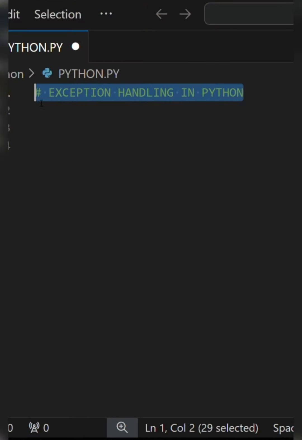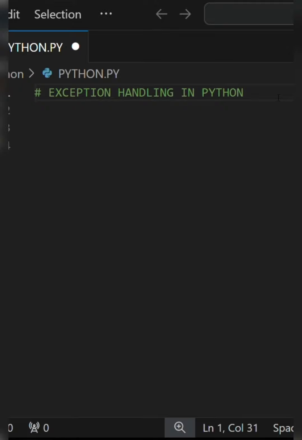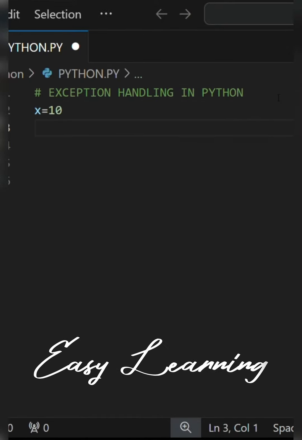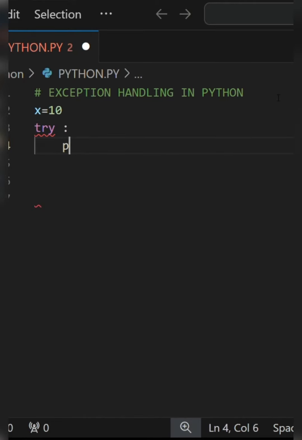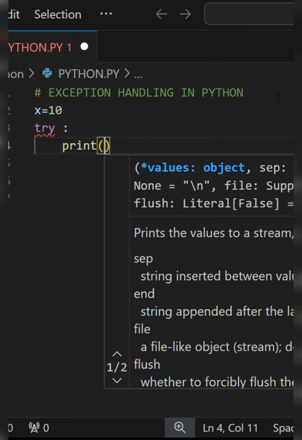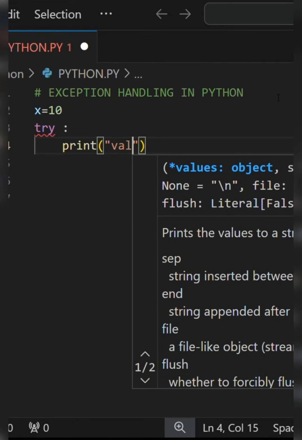In this video, we will learn about exception handling in Python. So I am writing a new variable, that is x, and I am assigning the value of x as 10. Now I am writing a try block in which I am writing a print statement, which consists of some statement,